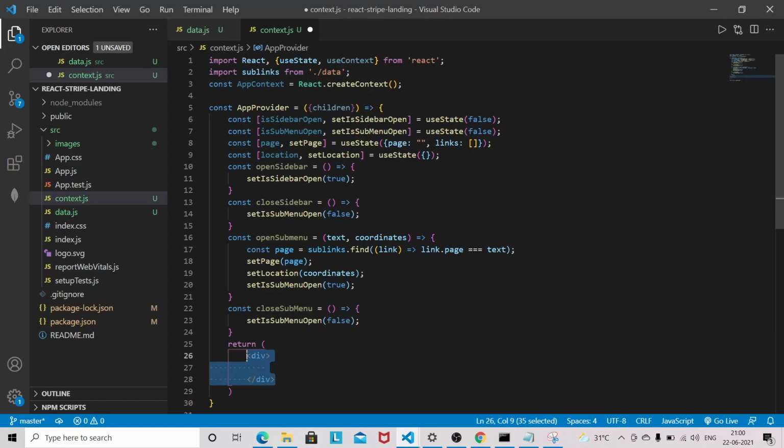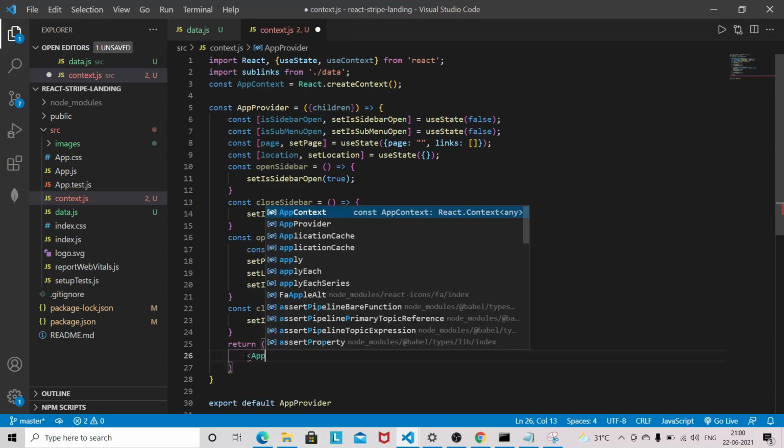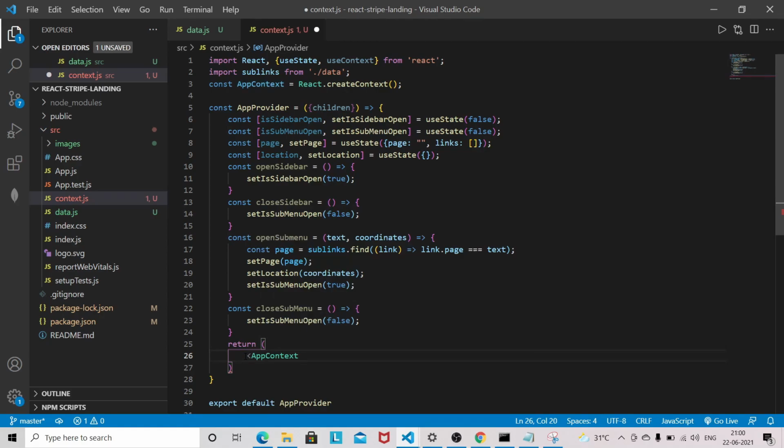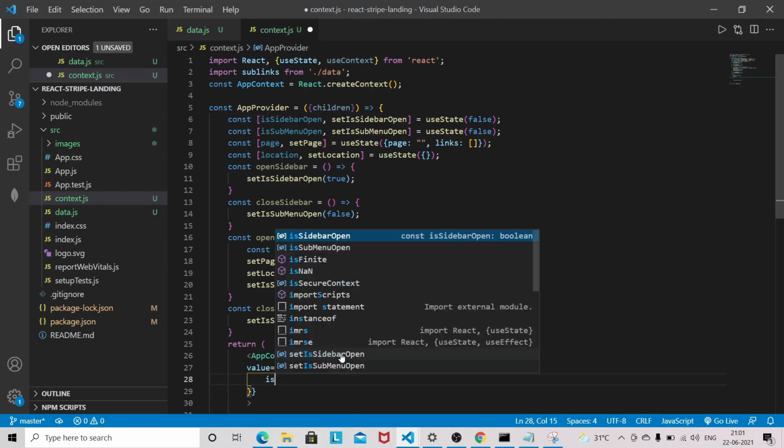Now we have to remove this one, and we have to give AppContext.Provider, and inside that we are going to pass the value, and we are going to provide all values here.